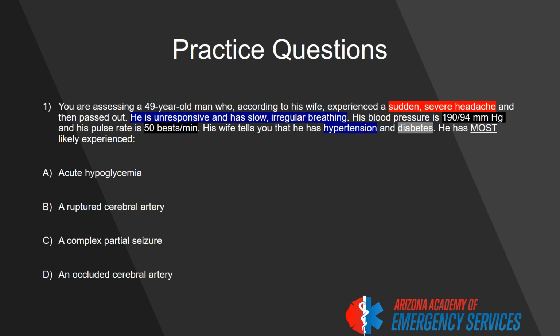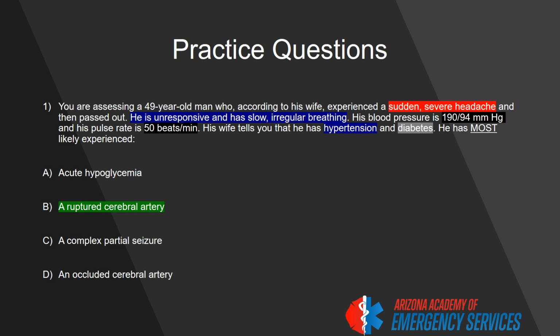If you see sudden severe headache, that elevated blood pressure, along with the other primary information that we've seen, the hypertension, diabetes really doesn't have anything to do with factoring in or out what this patient is actually experiencing or what the problem is. The fact that he has diabetes doesn't really play into our answer option because we don't see any other key signs or symptoms, primary information, or hallmark information that would let us know that this is a diabetic problem. So you should put all this information together and come to the conclusion that the correct answer option is